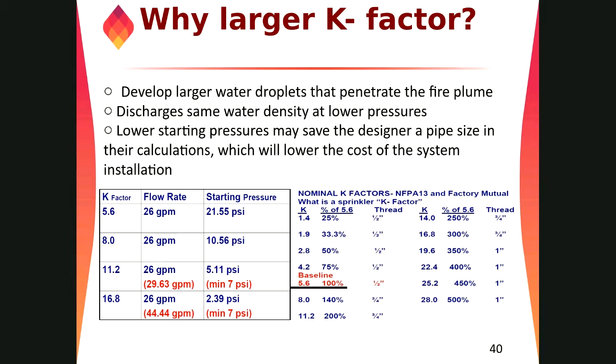Suppose it is an extra hazard where flammable and combustible material is stored in huge quantity. If there is a fire, to fight those fires we need more quantity of water. And more quantity of water will only come from the high K factor, not from the small K factor. So in this way, these two are interrelated. Once you select your hazard and how much water you need to fight fire in that area, we have to select the K factor and how much water you need per square foot. So exactly, it is related to the types of hazard. The higher the hazard, the higher the K factor. Got the point?